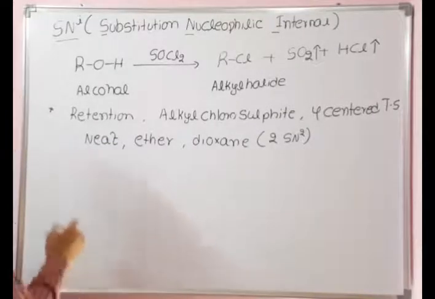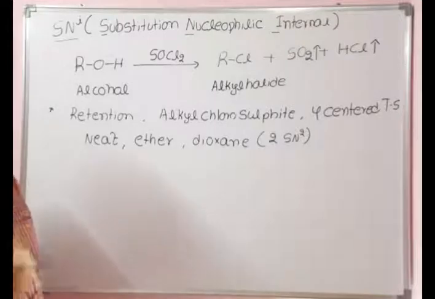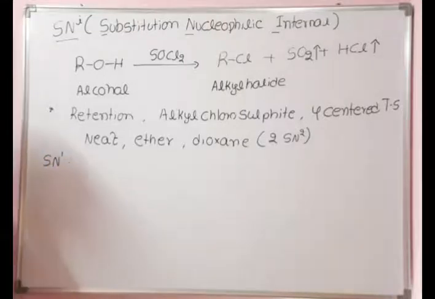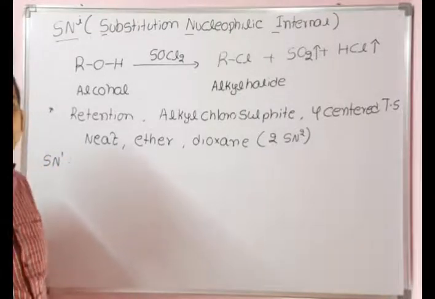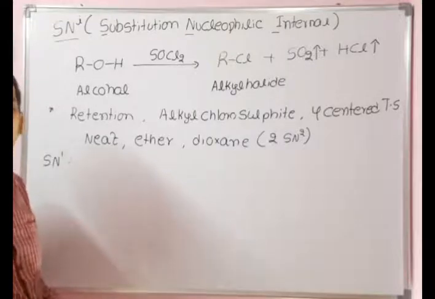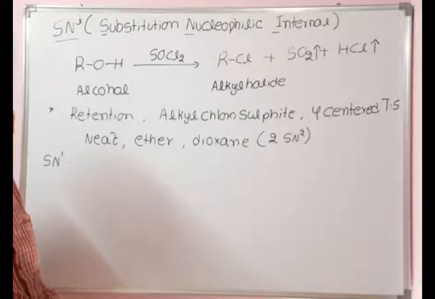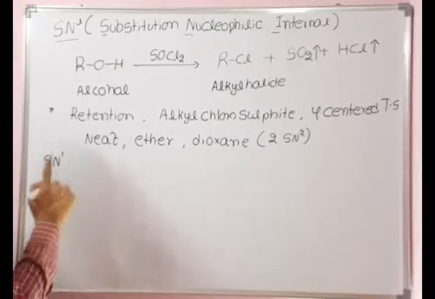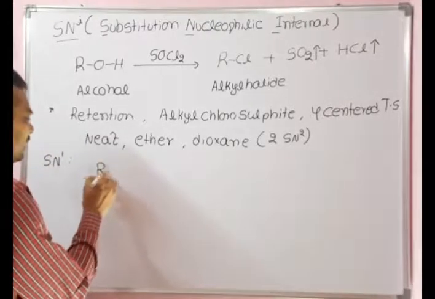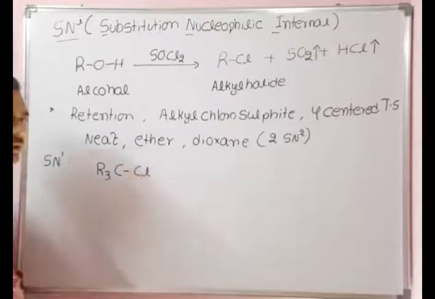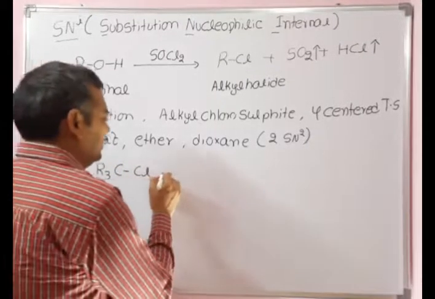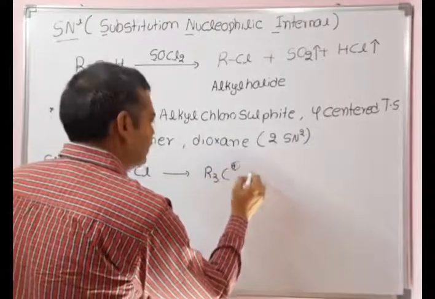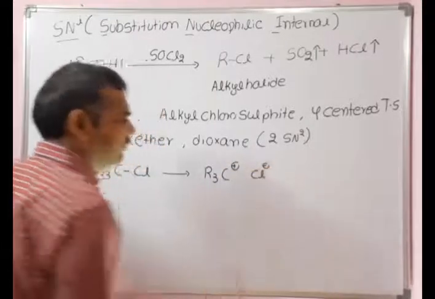Okay. Now see how this SNi is different from SN1 and SN2. Let's see SN1 reaction. We discussed SN1 and SN2 in the previous classes. If you have any doubt in SN1 and SN2, you can check my previous videos, Ashok Reddy, Anki Reddy, SN1 and SN2. We covered all examples and concepts. In SN1 reaction, tertiary alkyl halides generally undergo SN1 reaction. It's a two-step reaction. In the first step, carbocation is formed as an intermediate.